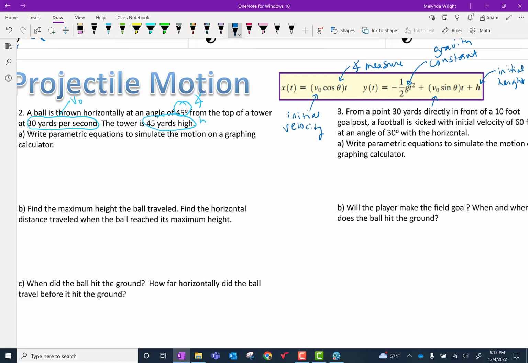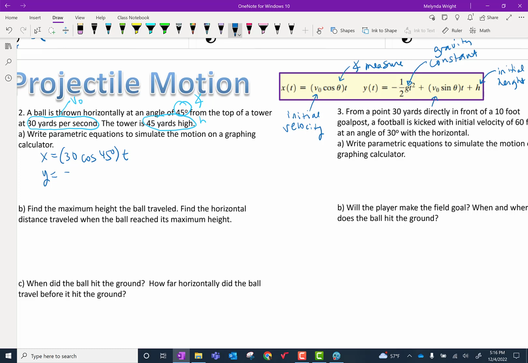So let's write the parametric equation. We've got x equals, we've got our V naught, which was 30, cosine of 45 degrees t. That 30 cosine 45 degrees is going to make some weird decimal number. And then we have our variable t. Okay, great. So y is going to be,